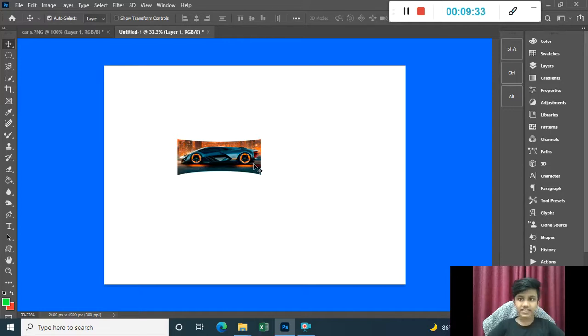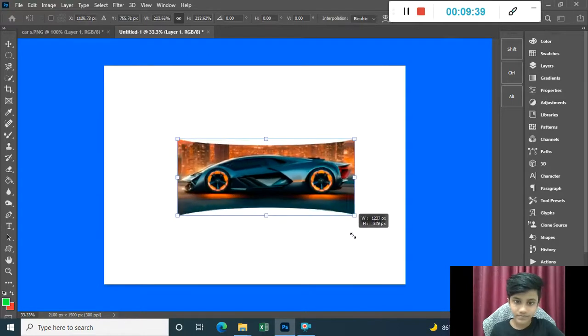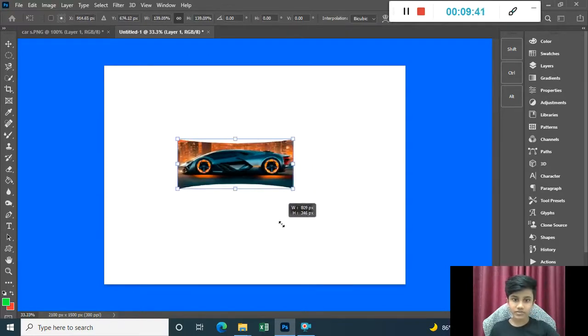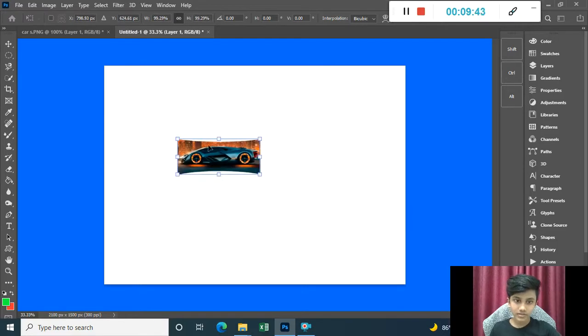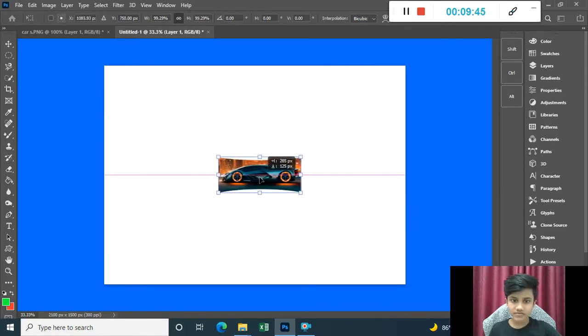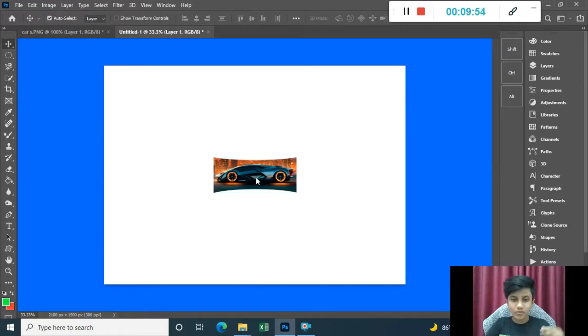So as I said, you have to click on Ctrl T to transform. Bigger, smaller. This size is enough for me. So I'm gonna click on the Enter key on my keyboard, and now, as I said,